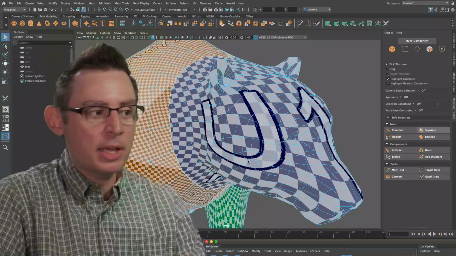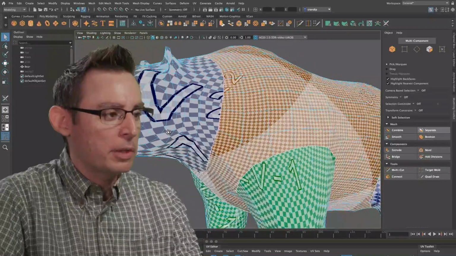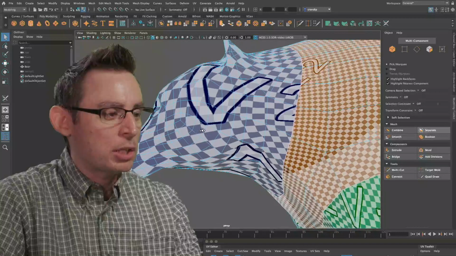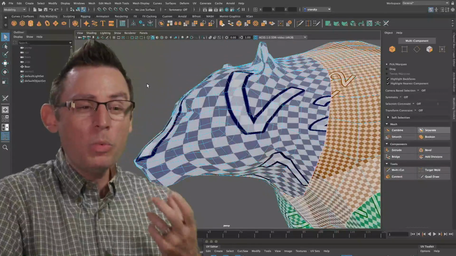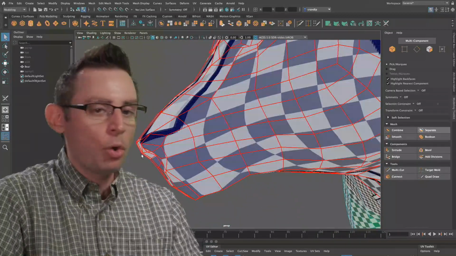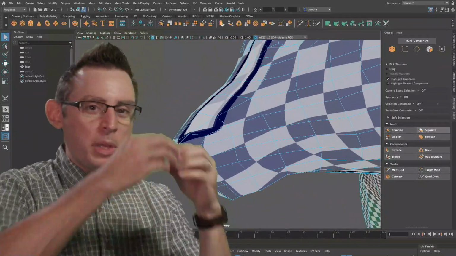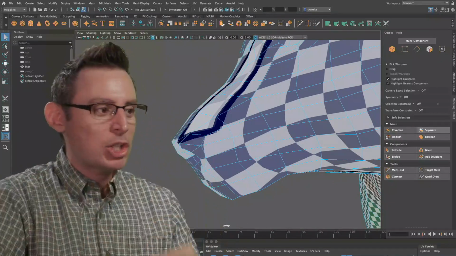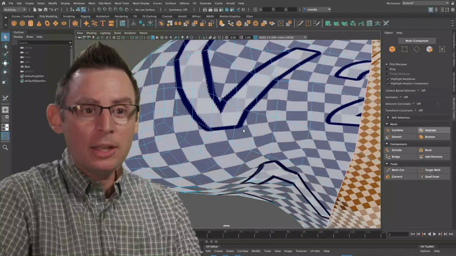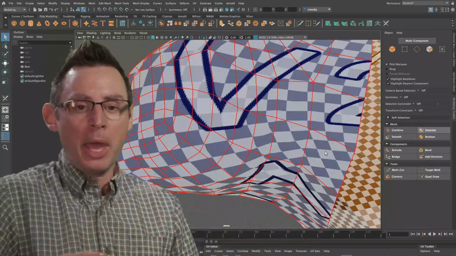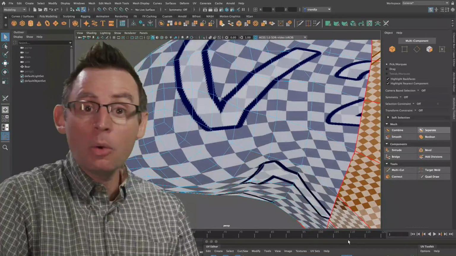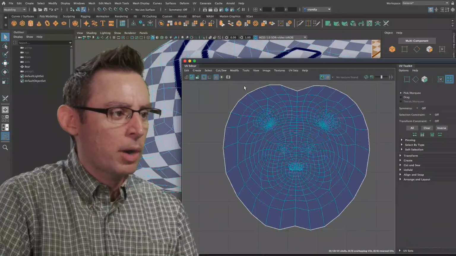Now, I'm going to put this down here, and you can see the problem unfolding in front of us. Look how the texture, the grid pattern, is stretching across the surface of my mesh. We want to minimize this stretching as much as we can. If we were to put a fur texture over here on the snout of my bear, that one texture would be really stretched out on the snout, and then it would get kind of okay looking here, no stretching, and then it would get stretched out again as it goes towards the back. We want to eliminate this texture stretching as much as we can. So we're going to have to go in and edit our UVs to get the result that we're after.